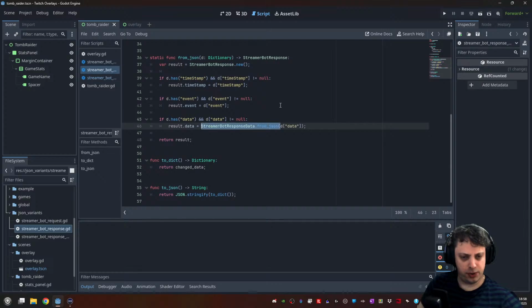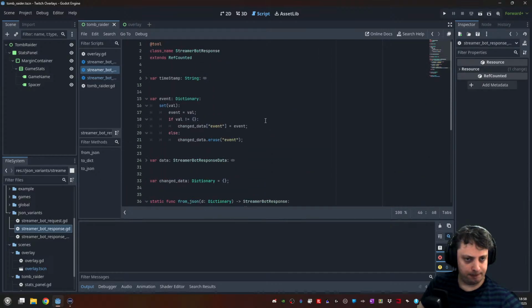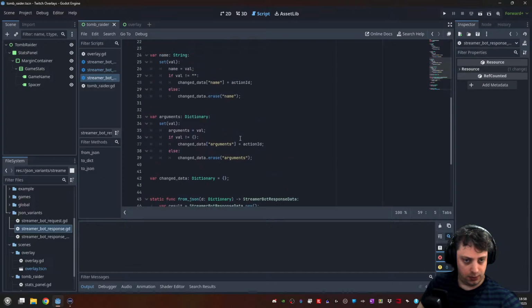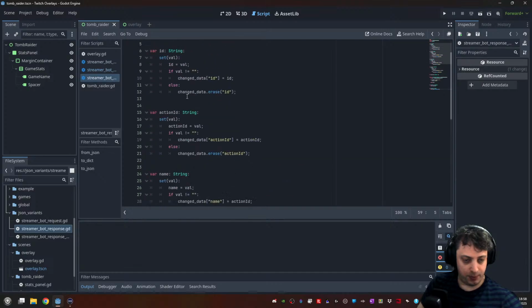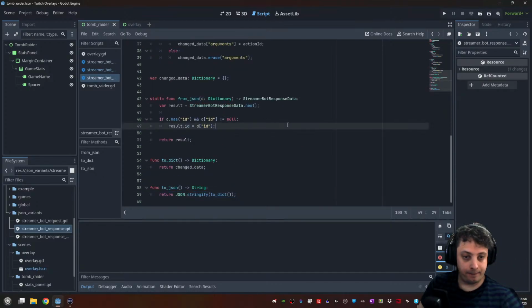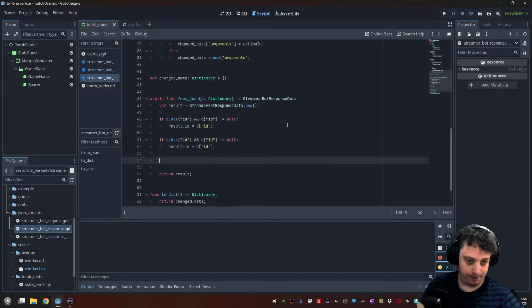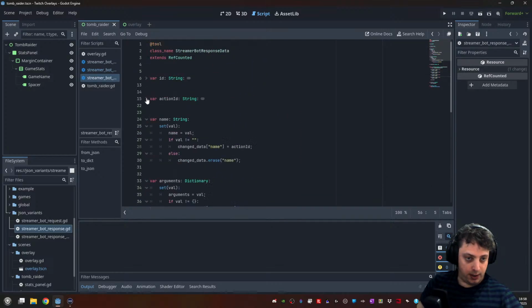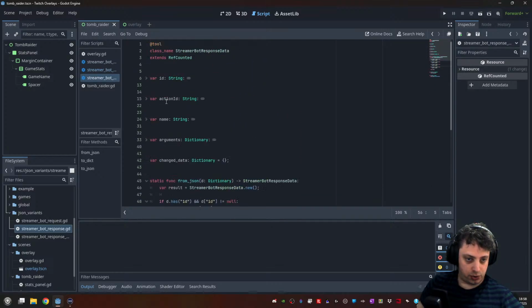No, it would be from JSON. From JSON gives me a dictionary. Yeah, it's for that. We need to finish populating this, don't we? So we've got an ID, an action ID, a